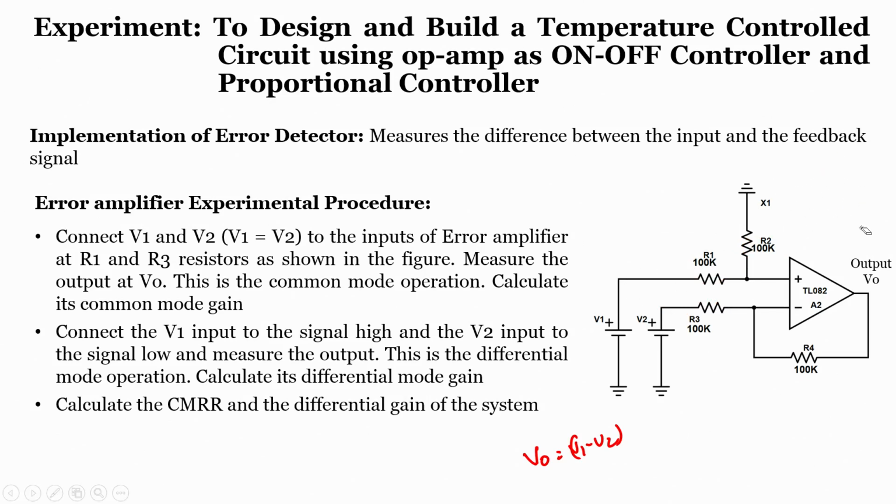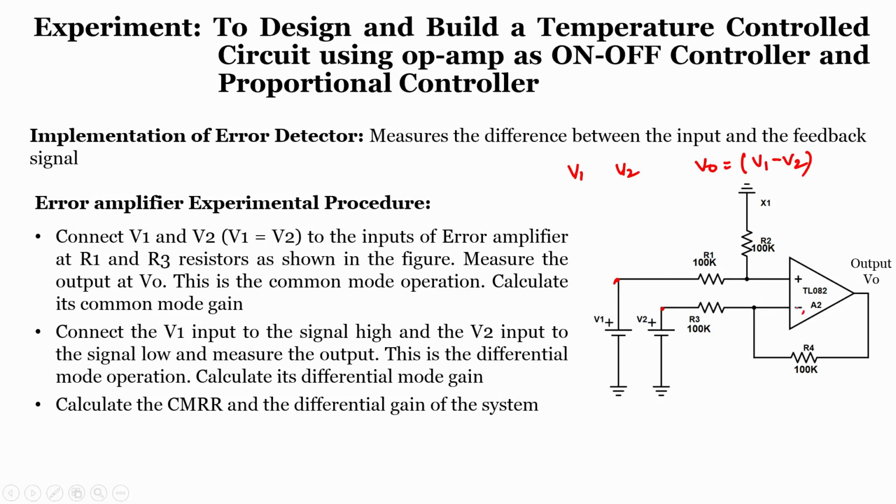So, let me quickly look into the simulation. In order to understand whether it is working fine or not, we will take different points. Let us say I take V1 and V2 and calculate V naught. V naught is nothing but V1 minus V2, the inputs applied at this point and this point.